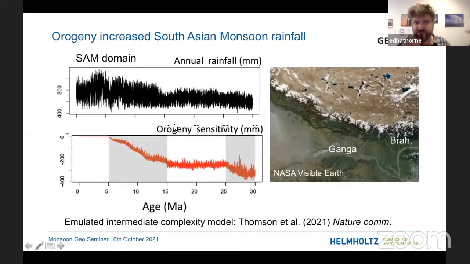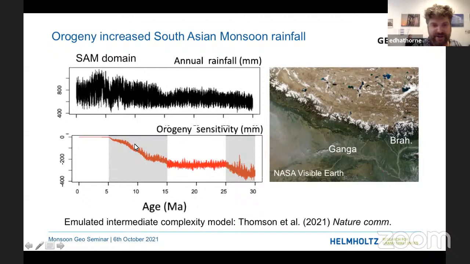The Himalayas, the orogeny itself. I wouldn't say we know, but I guess this idea is an old one, and then there's some more recent modeling results that sort of reinforce this idea here. And here they showed that the Himalayan orogeny and the South Asian monsoon domain rainfall, as you increase the orogeny over the last 30 million years,